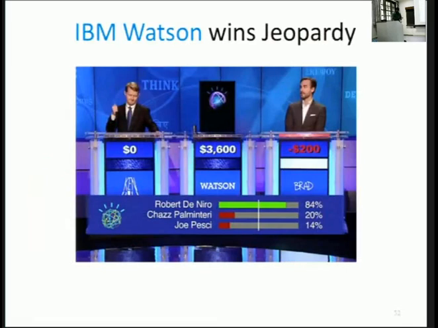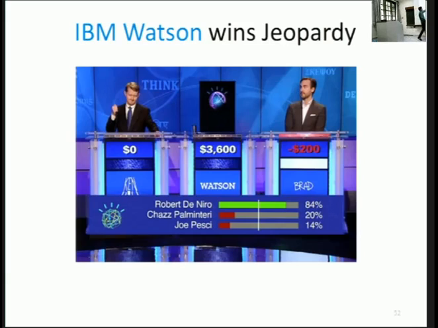Another one is again cheap publicity of my company. IBM Watson won Jeopardy. How many of you heard of this thing, the Jeopardy and IBM Watson winning? Good. Okay. So Jeopardy is a quiz competition, and this was back in 2000. I don't remember. It's not that old. So what happened? This is a quiz competition, and a computer participated in quiz competition. The funny thing is, you give these natural language questions. You don't tell exactly like a Wikipedia search. You do a natural language question, and it kind of finds the answer.